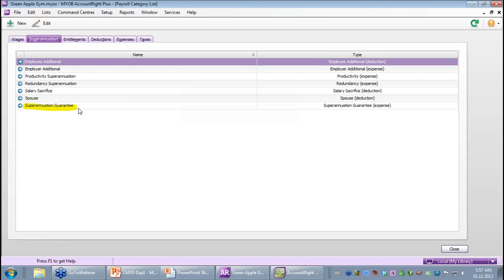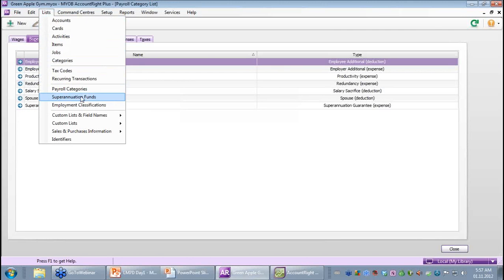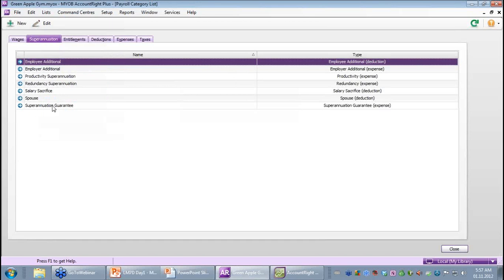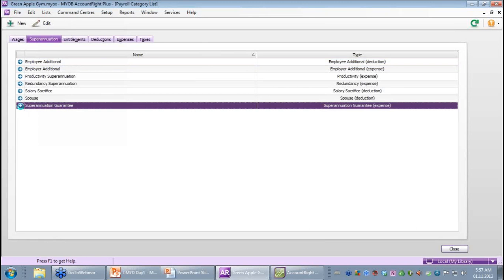Remember we set up the default one when we went up into setup and into payroll. We set up the default one, and the other ones we set up under here, list superannuation funds. So we are okay just having the single one here. Everything is linked to this single one, and then you go out and specify which individual one the employee is associated with. So if I click on the zoom arrow here,